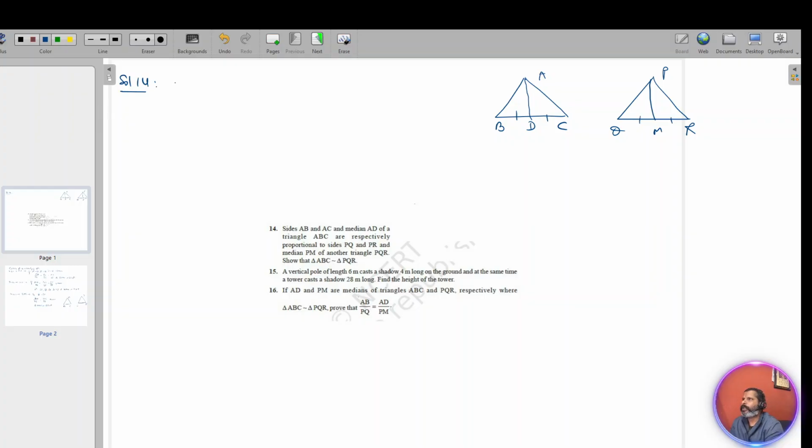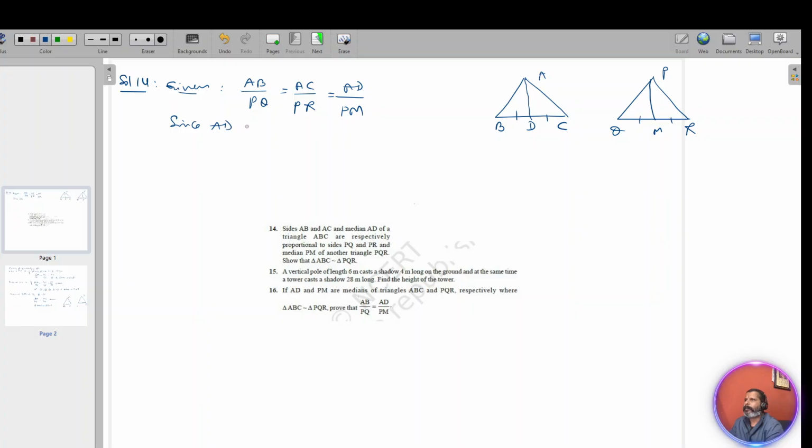Let's see what is given. We'll write the 14th. The sides are proportional. What sides are given? AB proportional to PQ, AC proportional to PR, AD proportional to PM. Read the question properly and get this part. Okay, since AD and PM are medians,